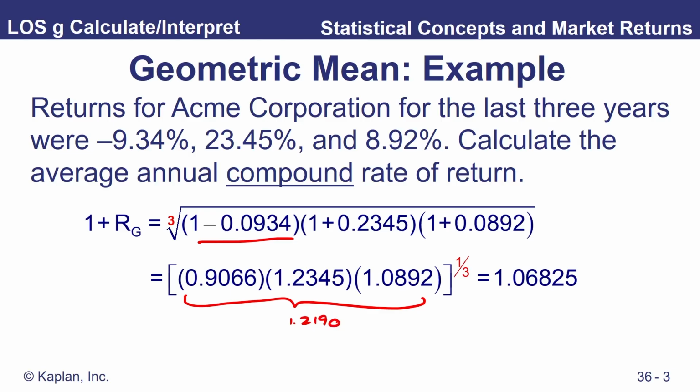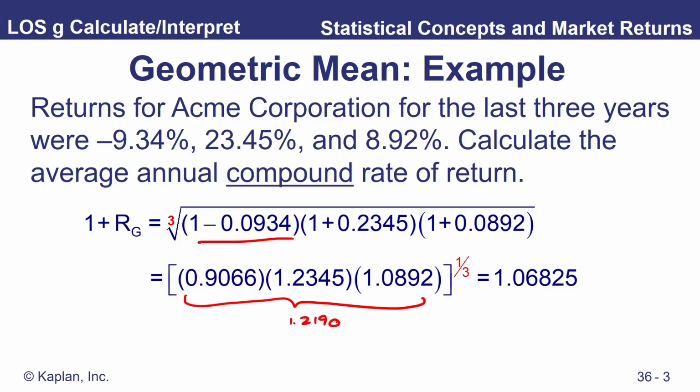Okay, now I need to raise that to the power of a third. Now on your BA2 Plus, you'll see your power of button is directly above the number 9. So press Y to the X, the power of button, and we need to raise it to the power of a third. So the easiest way to do this is to open a bracket above the number 7. So press the bracket, do 1, divide by 3, close the bracket above the number 8, and you should see